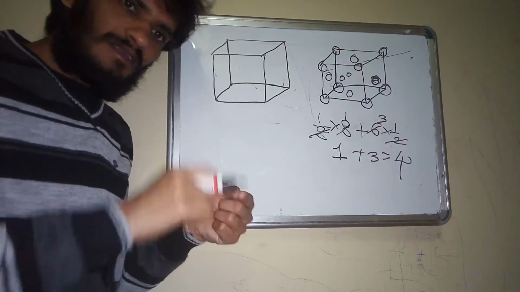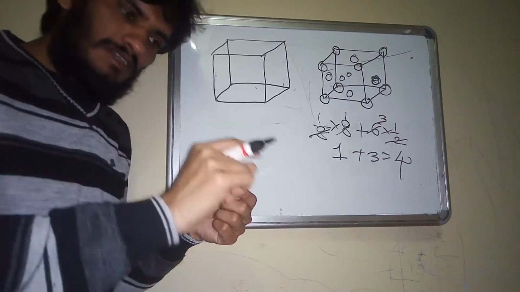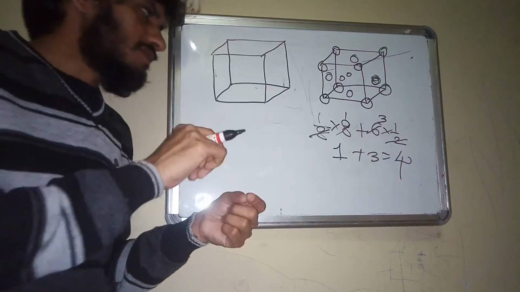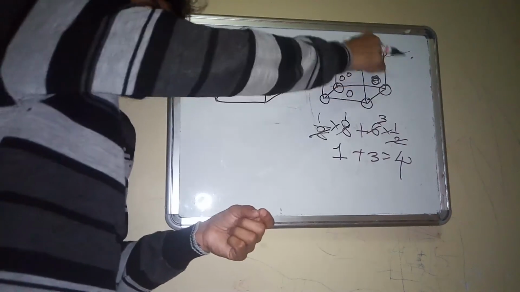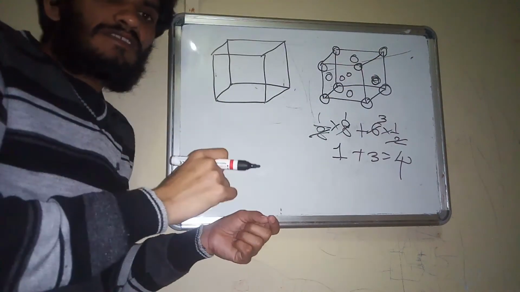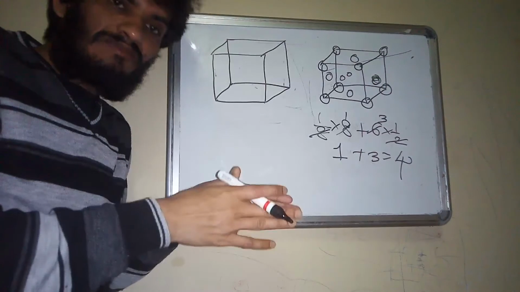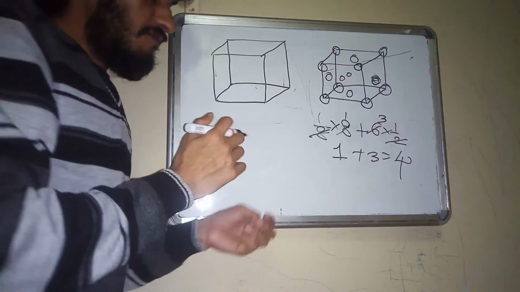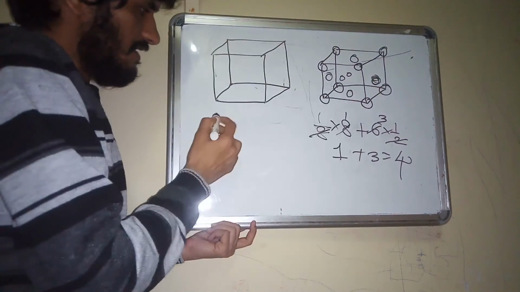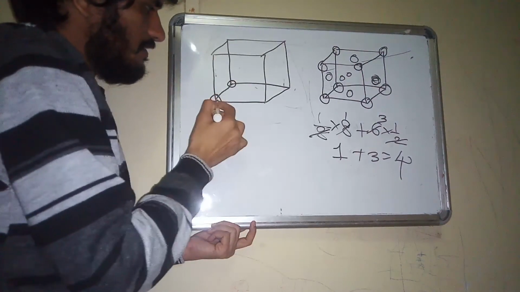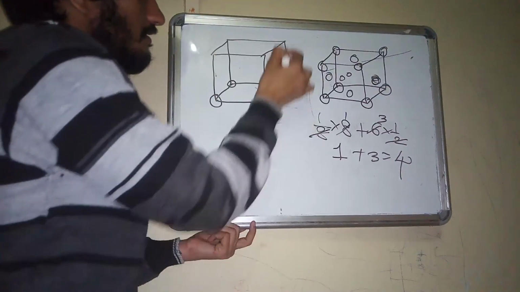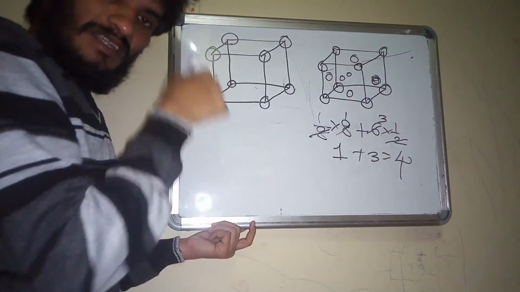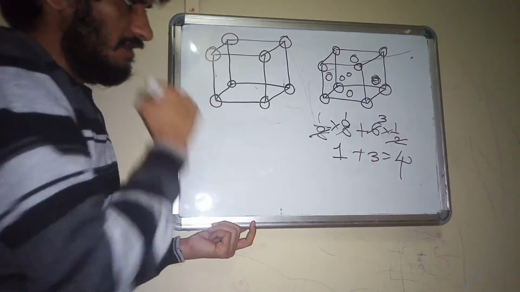In a body centered cell, 8 lattice points are located at the 8 corners, as well as 1 atom in the middle of the unit cell. In a face centered cell, 8 lattice points are at the 8 corners, as well as 6 lattice points on the 6 faces. Whereas end centered means 8 atoms are present at the 8 corners. End centered is also one type of centered unit cell. In centered unit cells, this is the third category.